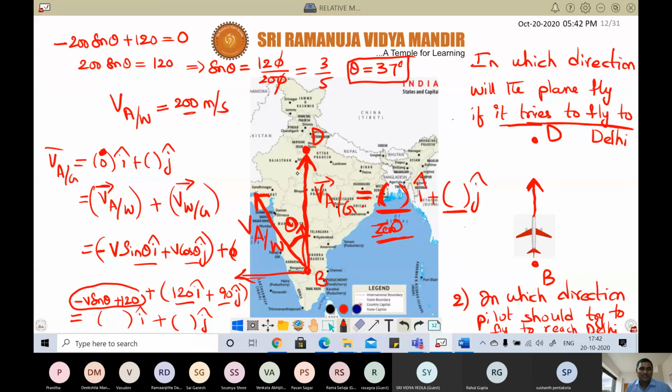So that's how we should calculate. That's how the pilots calculate. Of course, they don't calculate now because everything is automated. There's a program, and then that program will decide. It will calculate the wind's velocity. Input should be given, and then it will calculate at what velocity wind is flowing, in which direction and all. So that's how we should find out.